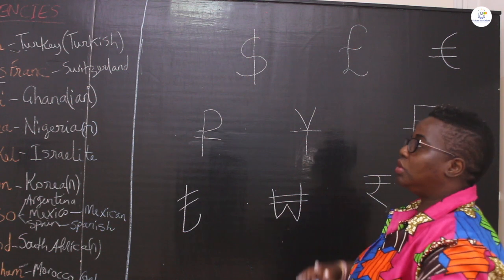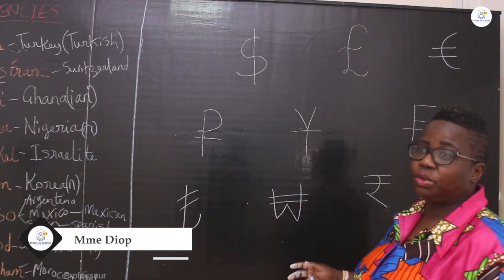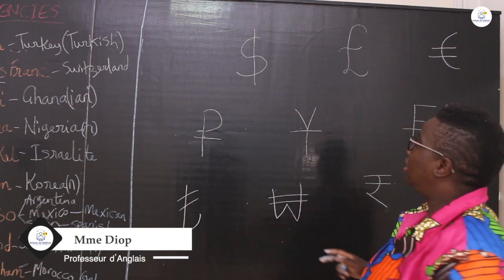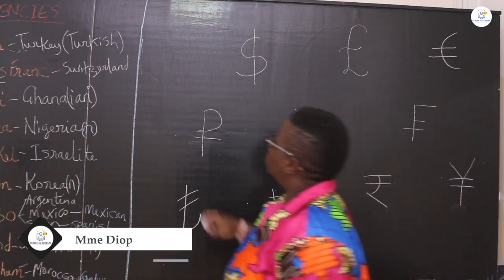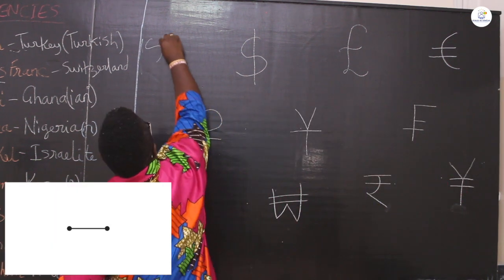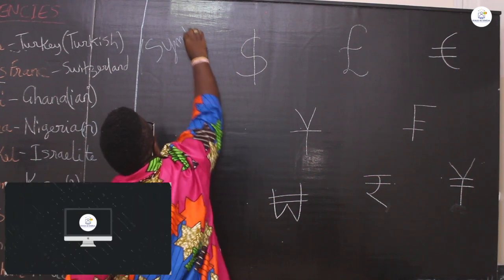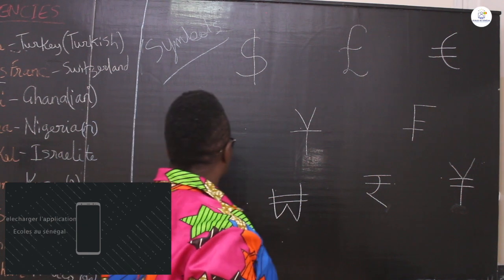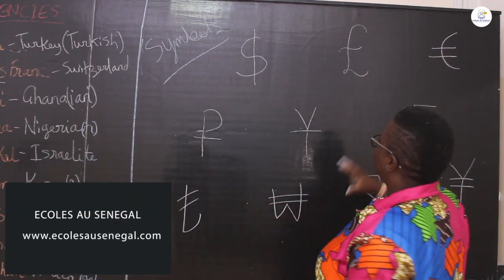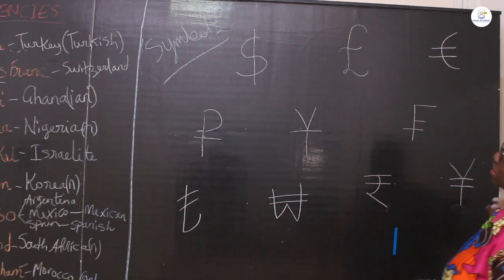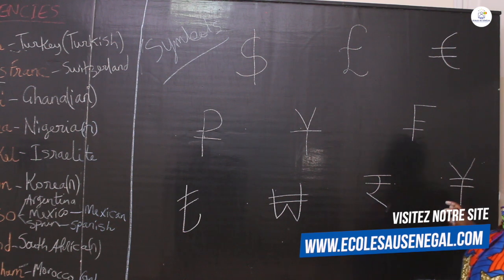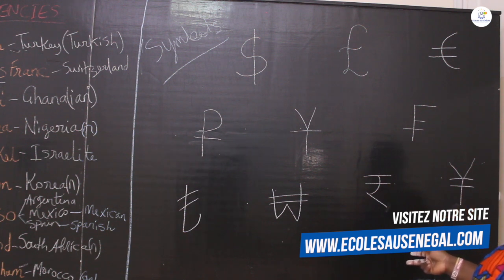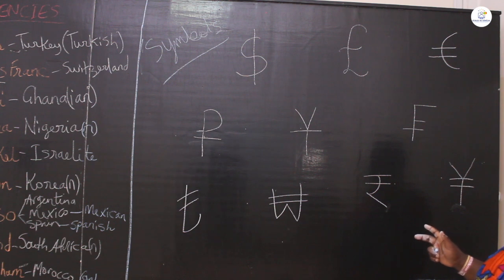So, we're still on currencies, okay? We're going to do a little exercise. This section talks about the symbols, and I'm going to write it here. Next section talks about the symbols. What are these, the symbols, the currencies and the symbols? In such a way that if you see them, you should be able to identify them. They're the most used currencies.